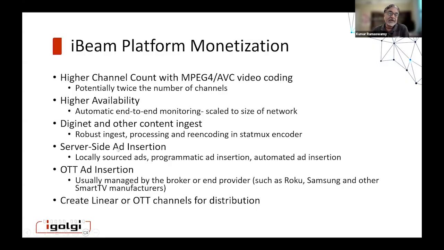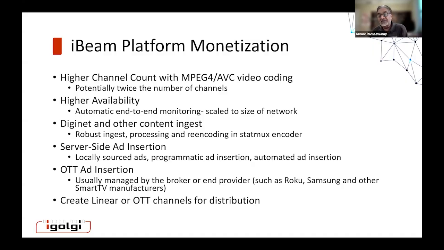And similarly for OTT, you can do the ad insertion. Again, you're creating program bouquets with ad markers placed, and then giving them to the brokers who then do the ad insertion. The end game right now is typically Samsung or LG or Roku or Pluto, the larger players who take such programs and then insert ads, and that's how the monetization happens, and the revenue flows back to the people who are providing the OTT channels. Typically, it's a rev share.